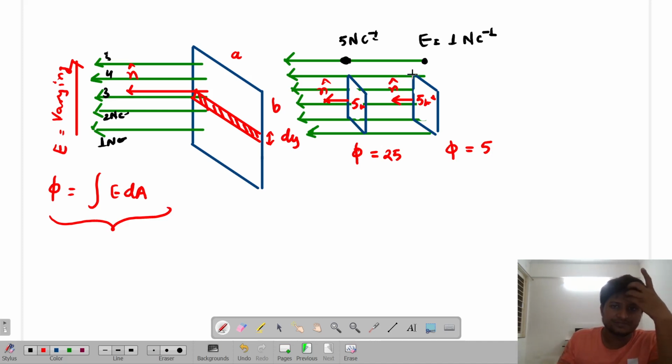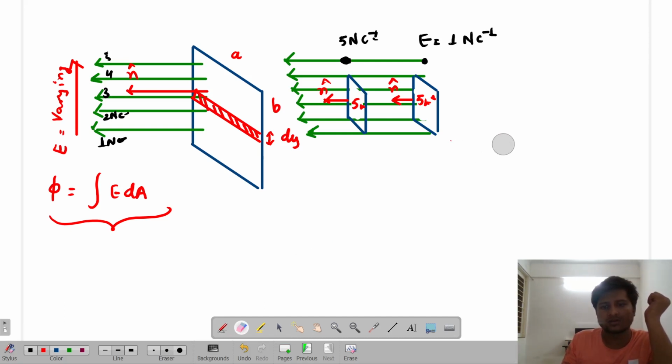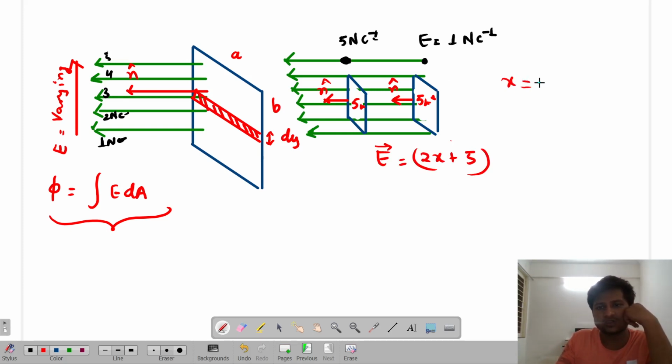And if the electric field varies along the direction of the normal, then I have to just see the value of the variable. Like let's suppose here it will be given as, सिंपल भाषा में बता रहा हूँ कि यहाँ पर ऐसे कुछ लिखा होगा, इलेक्ट्रिक फील्ड इज इक्वल टू, ये क्या है, एक्स एक्सिस पर जा रहा है तो 2x प्लस 5, वही है कि x की वैल्यू 0 पे 1 न्यूटन मान ले और x इज इक्वल टू 0 पर 1 कूलम है या ऐसा कुछ लिखा होगा. Okay,